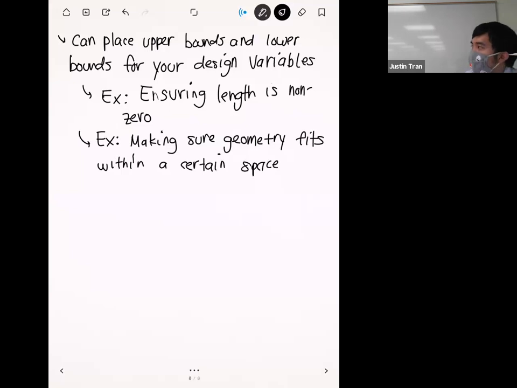And so that might be a case where you put the upper bound, okay? And so ANSYS will kind of force you to do this, which is good because it is good to do. And actually the default in ANSYS,